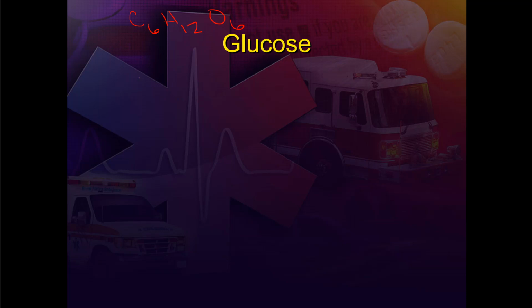Let's start with a Lewis diagram. First, we want to draw basically 6 carbons down a chain. Each of these carbons has a single bond to each other. So again, this is our Lewis diagram. Now, one end of this glucose is going to have an oxygen with a double bond and a hydrogen with a single bond. And as we go through, we're going to see a collection of hydrogen and this new thing that we introduced, OH,